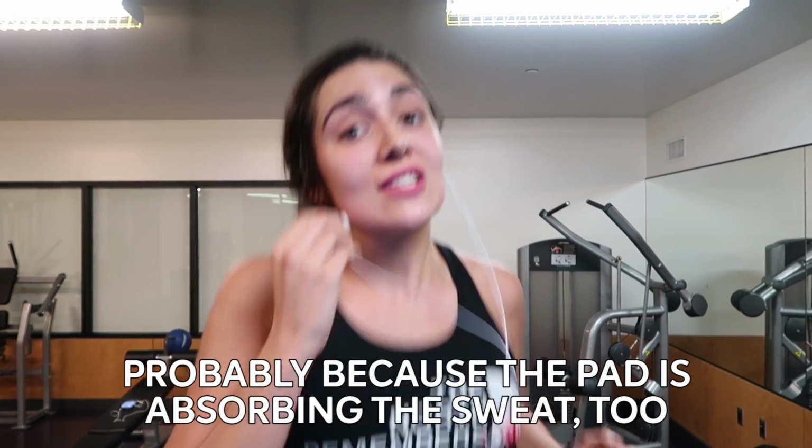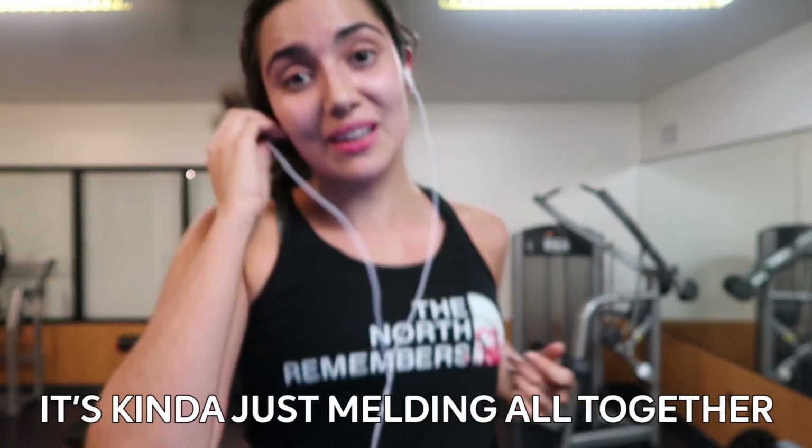I'm not really used to running while wearing a pad, so to me, it felt a little sweaty and a little bit wrinkly, but there were no leaking issues. Probably because the pad is absorbing the sweat too. Kind of just melding all together. Running alone on a treadmill actually doesn't draw a lot of attention to the weirdness of the gusset diaper. Well, I gotta be honest, if you're running, you can't see the little pouch. Yeah. It was more the trip back and forth from the gym where I was like,